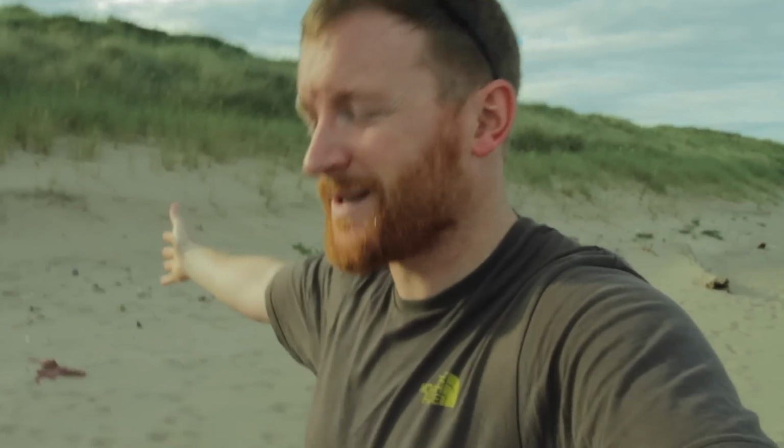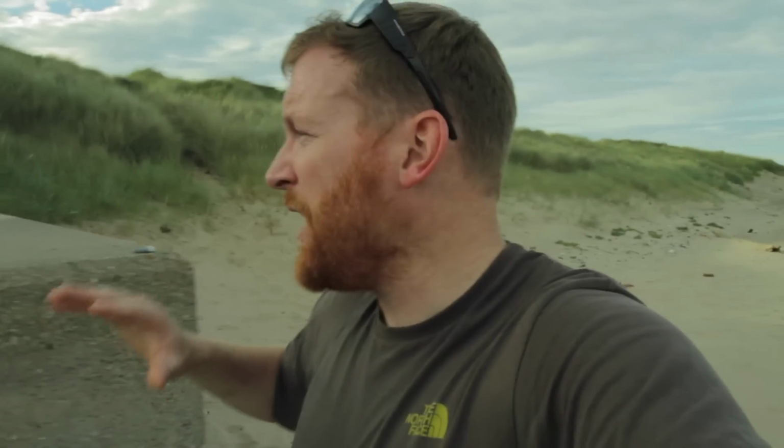One of the things that I thought I might like to do when I was researching this place was to fly the drone right at the end of the sandbar, but there is a lot of shipping traffic going backwards and forwards because Hull is quite a busy port, and just further along there is a station that's monitoring the traffic going in and out. It must be something to do with the Coast Guard, and there's a lot of electromagnetic interference, so every time I start the drone up I have to recalibrate the compass, and it was struggling a little bit because there was interference, so I'm not going to fly the drone any further down that way, which is a shame really,